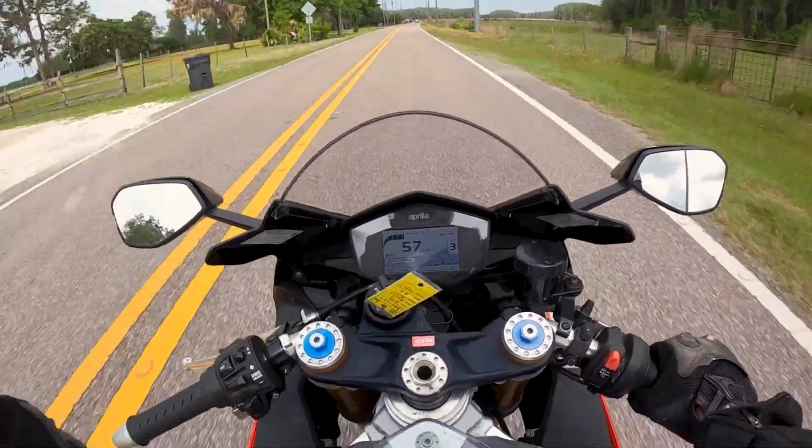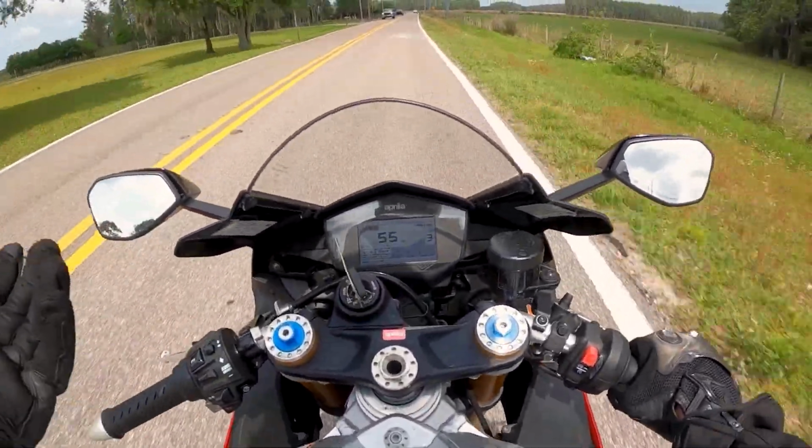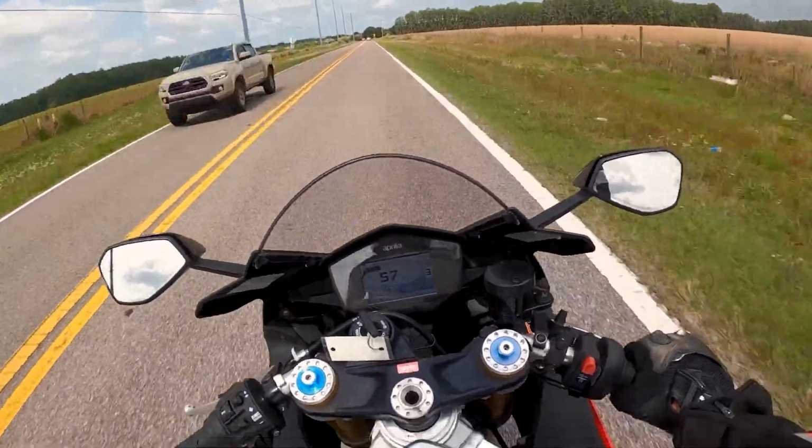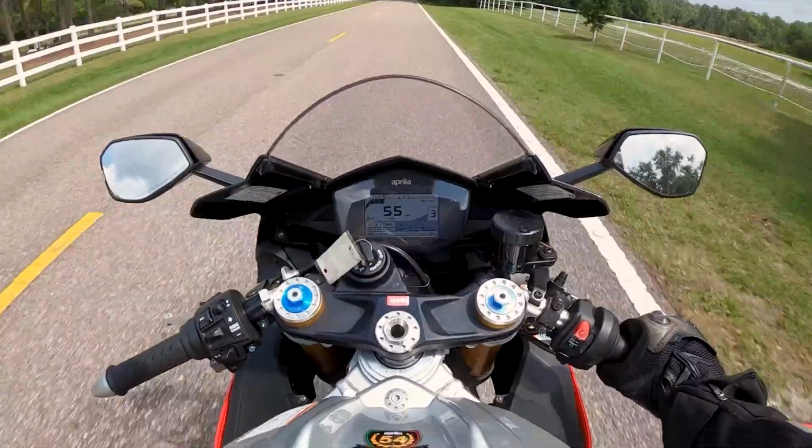But with that being said, this bike is very user-friendly. They want everything to be very, very intuitive. And that's exactly what they did. Anyway,